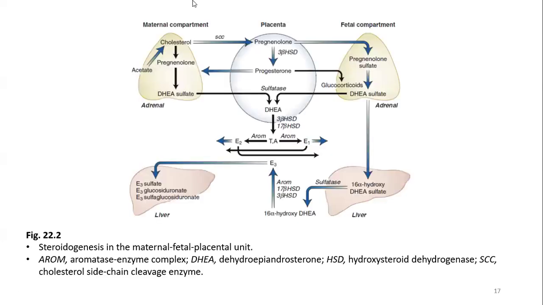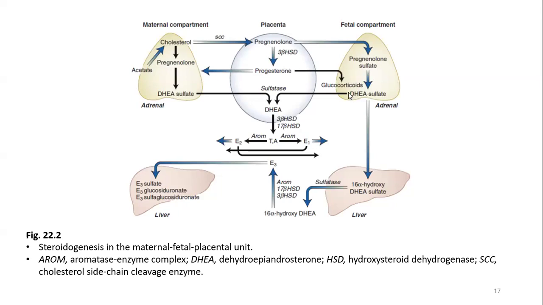So this is a figure that you will see in the Williams textbook of endocrinology. You can see the maternal and the fetal compartment as well as the placental compartment. We can see that cholesterol is converted to pregnenolone and DHEAS in the maternal compartment. The cholesterol is then delivered to the placenta, where it undergoes conversion from pregnenolone to progesterone. And this pregnenolone also enters the fetal compartment, and in the fetal adrenal cortex, it undergoes conversion to DHEA sulfate,